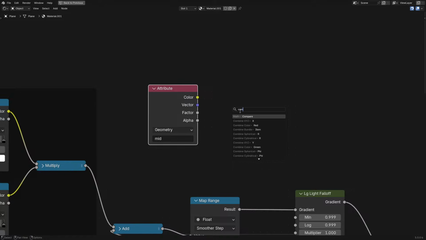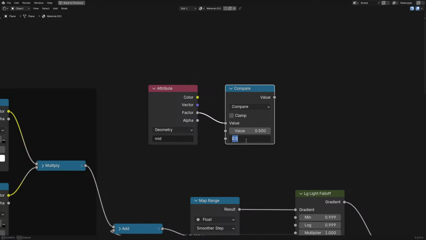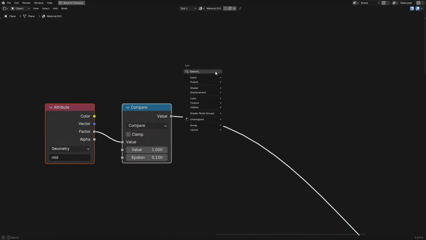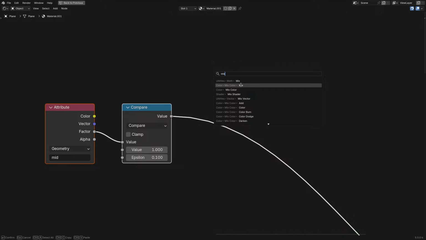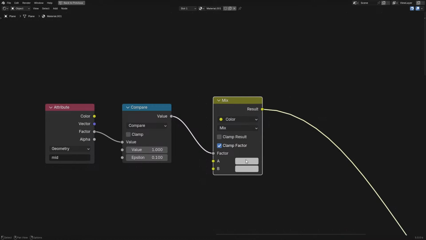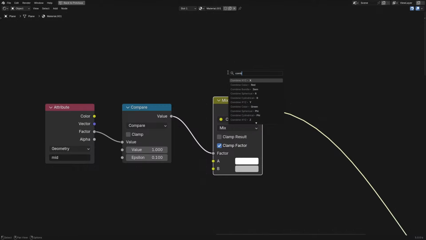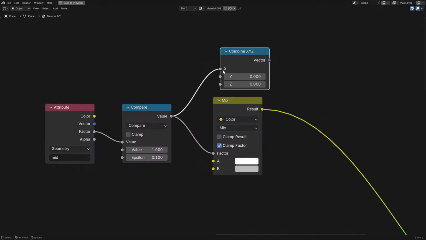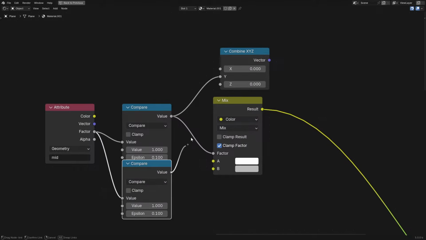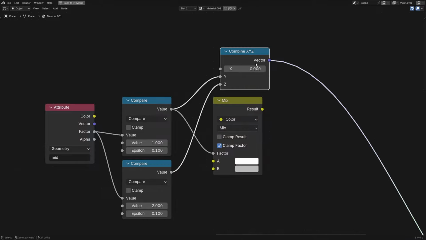Because equal ones don't really exist. Again, the shader editor is a bit out of step compared to old geometry nodes. But it looks like those will be combined fairly soon. Or actually, I could just use a combine XYZ node. So we just have, if it's equal to 1, we have that. If it's equal to 2, we have that. So in theory,